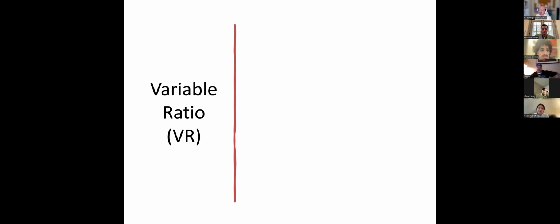When we were hunters and gatherers, the variable ratio schedule ensured our survival because we would look for berries in bushes, right? We would look in one bush, no berries. We'd look in another bush, we'd find some berries, and that would reinforce our behavior. We'd look in another bush, nothing. Another bush, nothing. Another bush, and then yes, we'd find a ton of berries. So the variable ratio schedule is very effective to maintain behaviors. And because of the variable nature of it, it's very resistant to extinction.